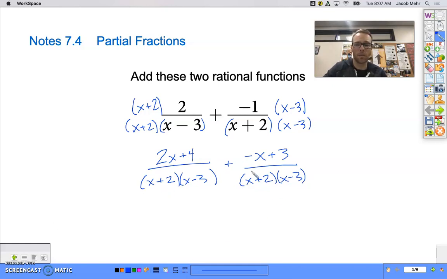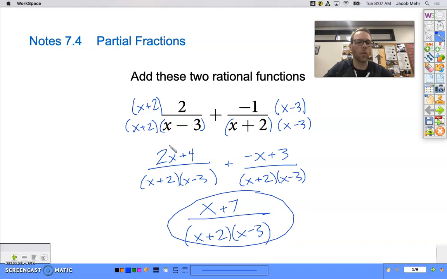Now that they have the same denominator, we can add those together. So let's take a look at our numerators. We have a 2x plus a negative x, which is just x. We have a 4 plus a 3, which is 7. And there we go. We just added those two fractions together, and we get x plus 7 over